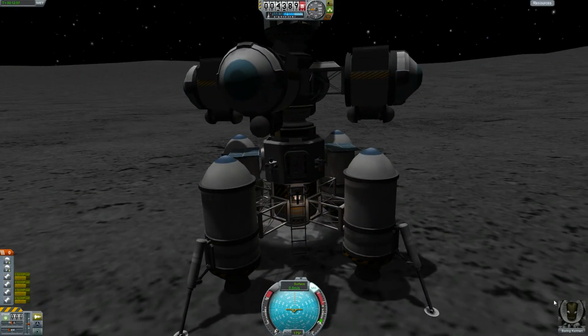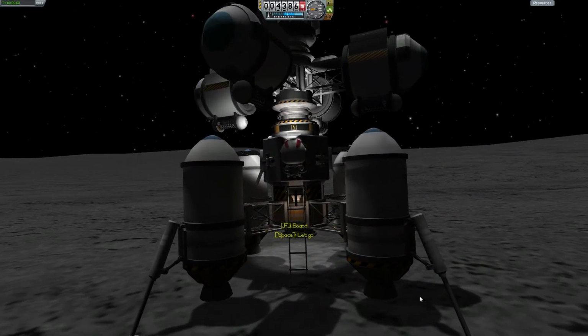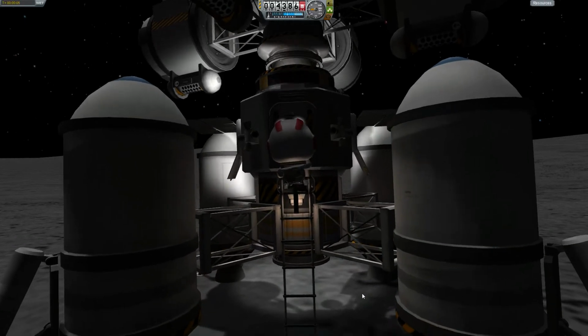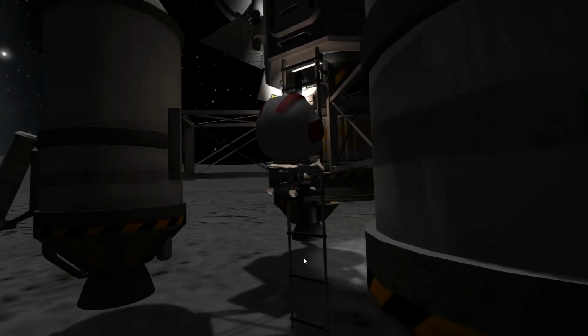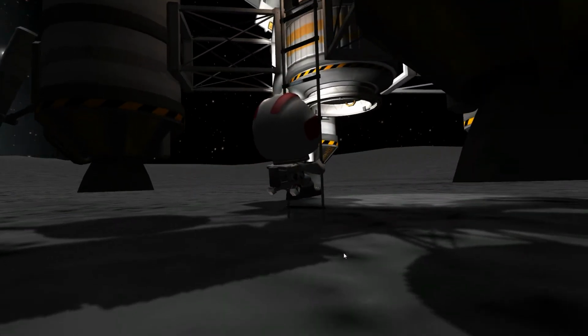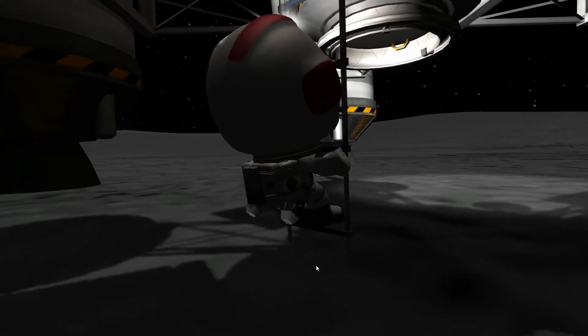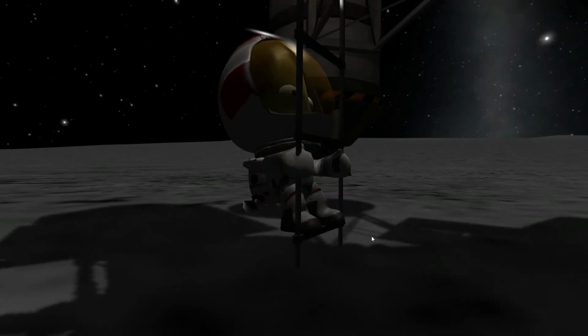Okay. Now comes the most important thing. EVA. Bearing, switch on your lights. And we need again to do this very cinematic. Oh, there's also a symbol on the jetpack of my Kerbal. This is great. Okay, let's zoom way in and see Baring as he...